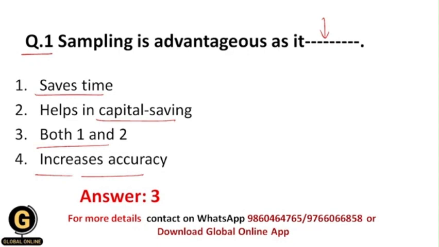And basically sampling is advantageous because it saves our time, and as well it helps in capital saving, because sampling does not include that much amount of people, and that's why we don't need that much amount of funding for doing the data collection, and that's why it helps in capital saving as well. That's why your correct answer should be 3. Okay,